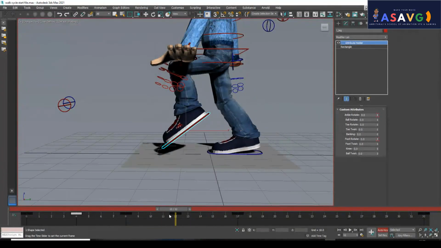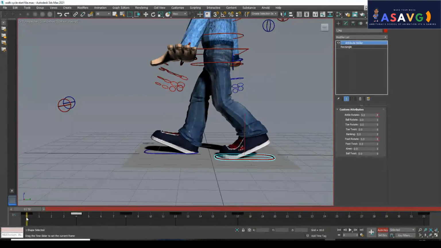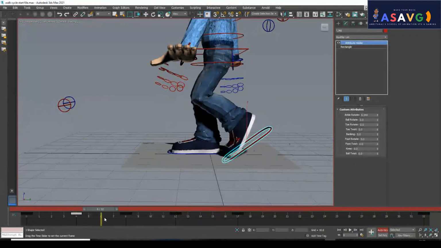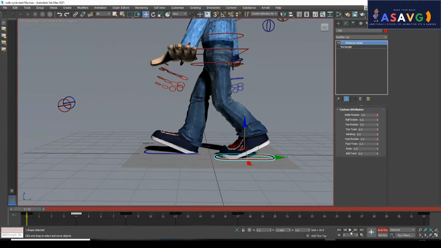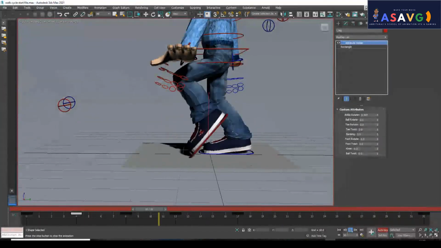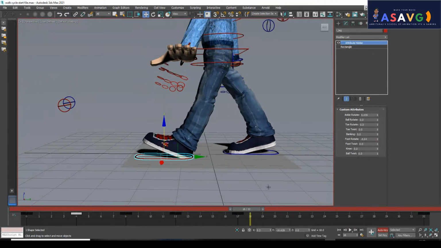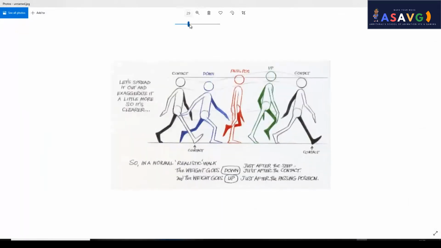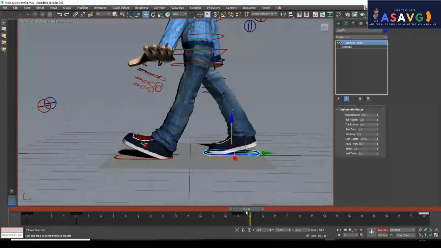This much height also we don't need, so I will bring it down a little bit. In a real life walk, it won't take this much height, right? We'll be going to the graph and all, but just for the beginning we are only doing this. Now you can see this is more flexible compared to the previous stage. Now I am going to work on this one. These are the poses, but I am not exaggerating that much, because this character won't work if I give more exaggeration.